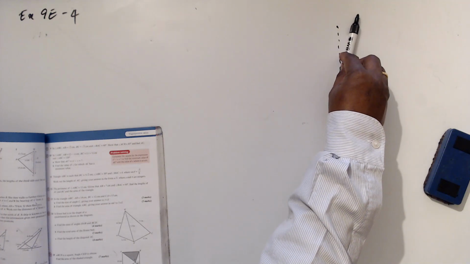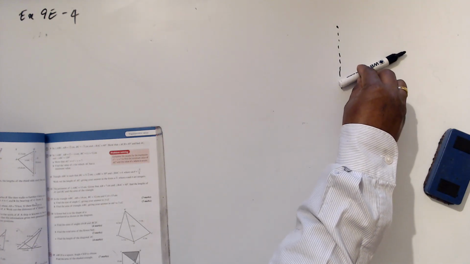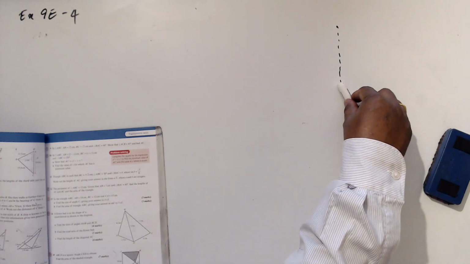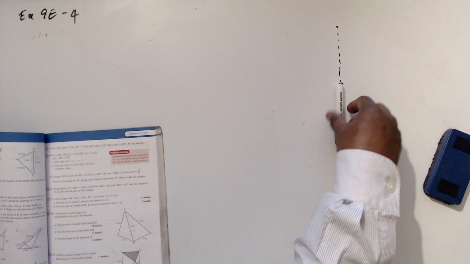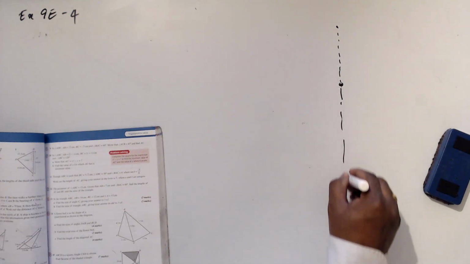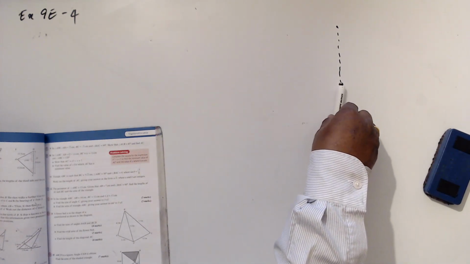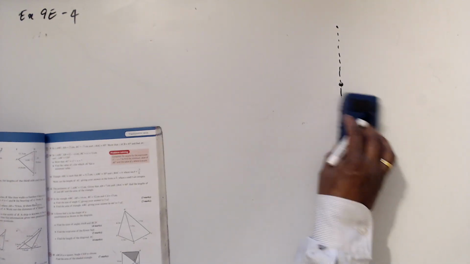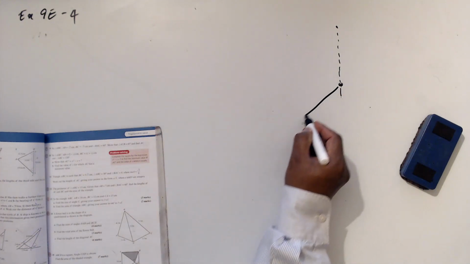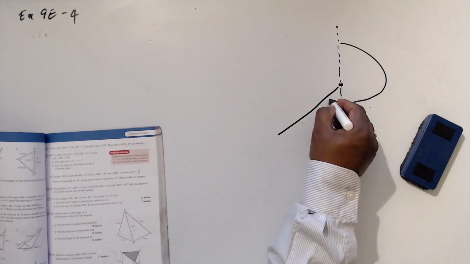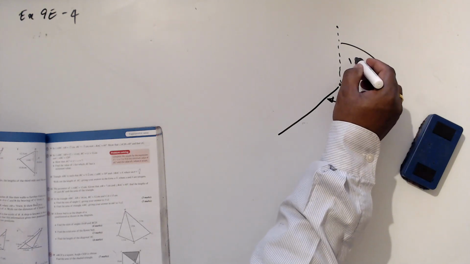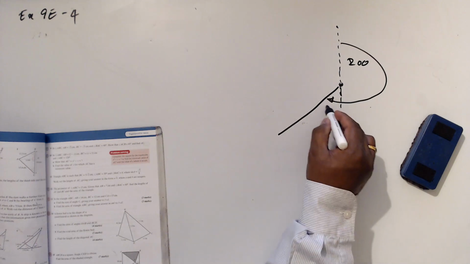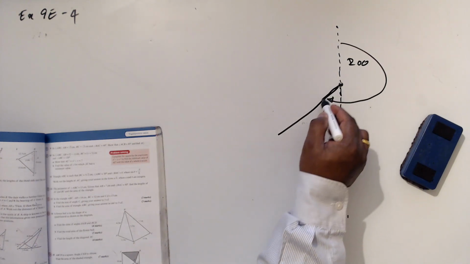This is 0, 30, 60, 90, and 150, 180. So this is 180 and 200. So basically it is going in this direction. Start from here. What is this angle? 200. It means if I draw a line like this, this is going to be 20. So this is the direction it is moving